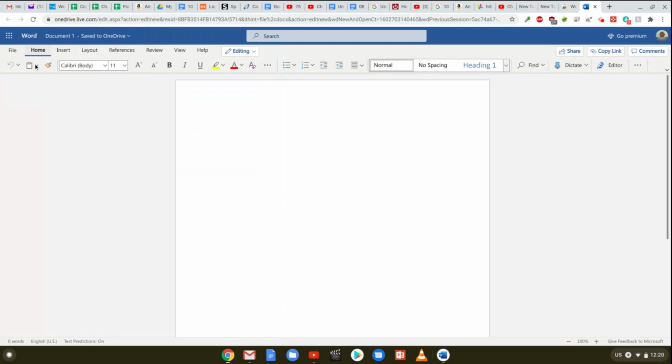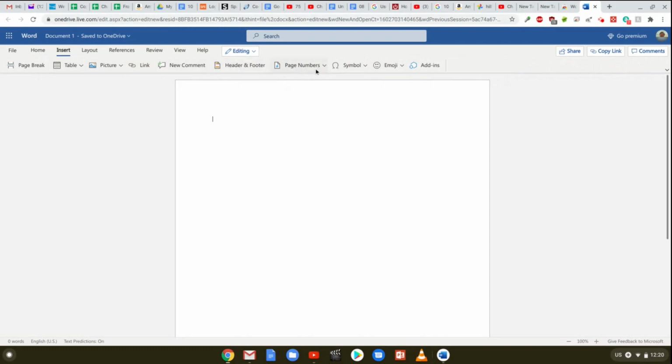This is the Home banner. We find the bold, italics, underline, and other font formats, and other tools for formatting my font. Down here is my Insert, where I can insert a picture, a table, comments, header, footers, page numbers, and other things. Layout, that's my page setup, where I can change my orientation, margins, paper size, and do other work with my indents. And there's my reference, review,